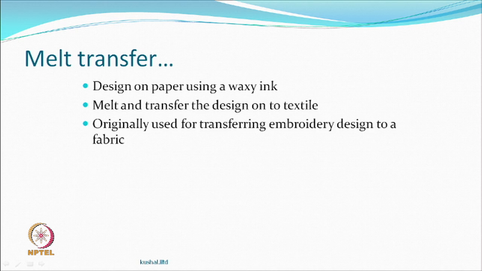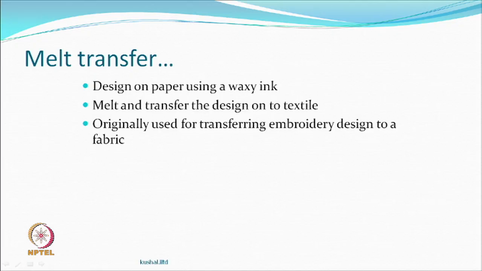It was originally used for embroidering designs. So, you take a textile, put this kind of a thing, and then you get some color or maybe no color, and then you put the embroidery around the same thing. So, the design is immediately transferred, that is one of the uses. So, people melt transferring systems and that is it.